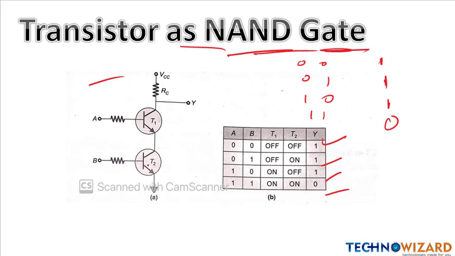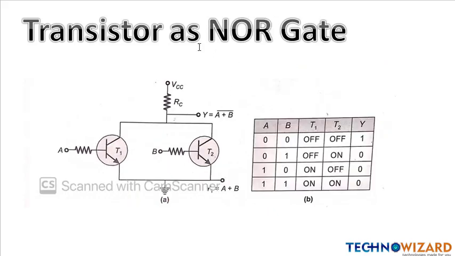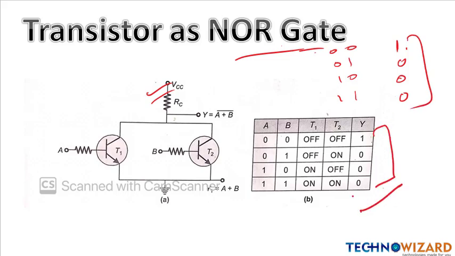Two transistors can be connected in series to implement a NAND gate. And if we have to implement NOR gate, then we have to put two transistors in parallel to each other. And what is NOR gate? 0 plus 0 is 0, 0 bar is 1. 0 plus 1 is 1, 1 bar is 0. Same output we are getting. For NOR gate, two BJTs are connected in parallel. For NAND gate, two BJTs are connected in series. Remember this, okay? This can also be an objective type question in ISRO exam.